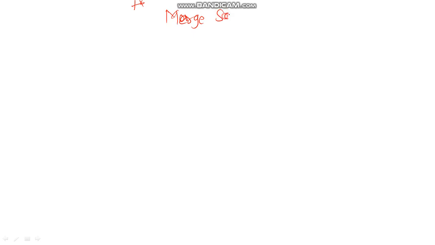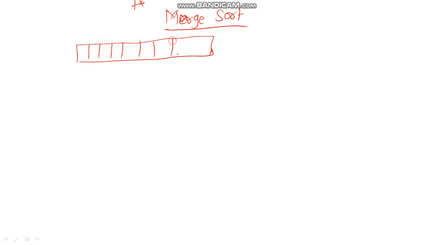So in merge sort, the problem definition is that we are given n elements, an array of size n, and the array could be sorted or it could be unsorted, I don't know. This array has, let us say, n indices, in this case 1 2 3 4 5 6 7 8 9. So there are 9 indices in this particular array.